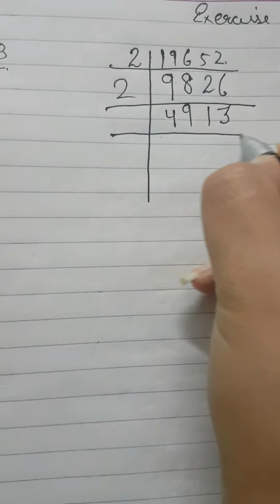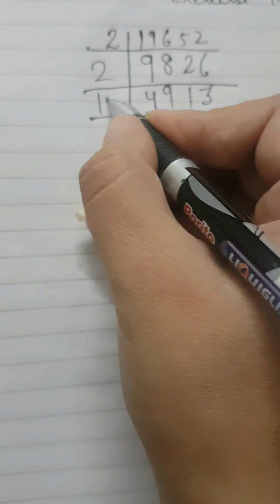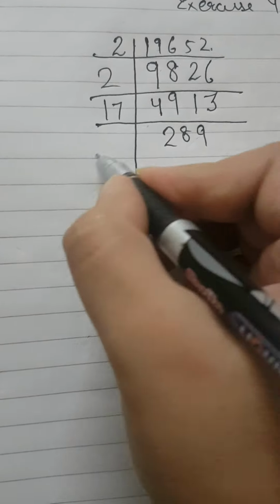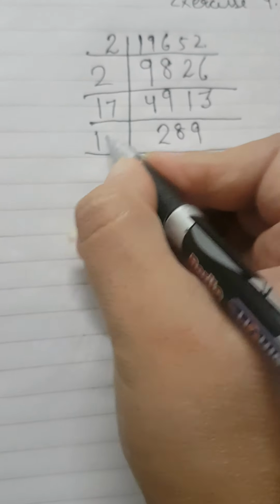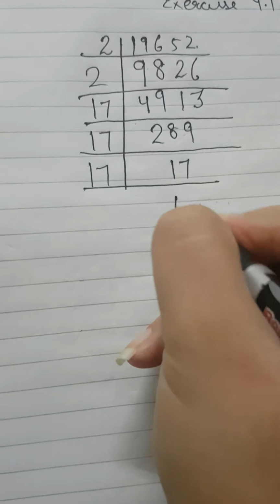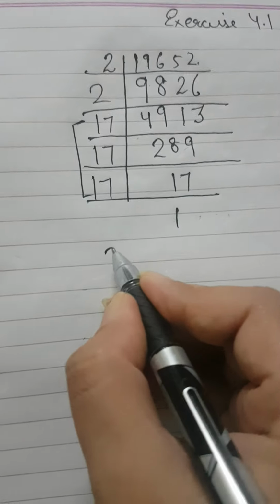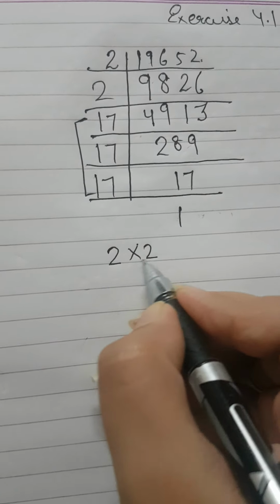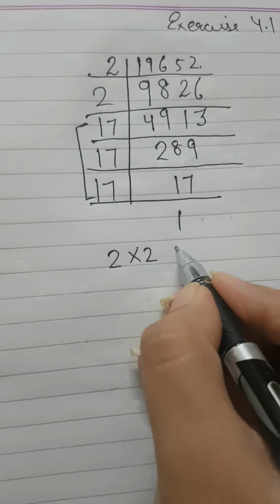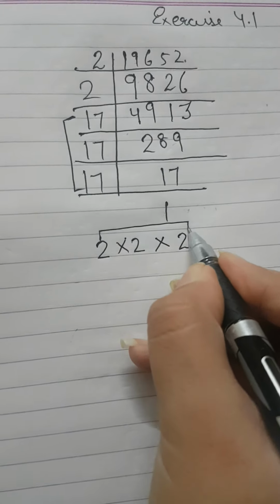Now, this goes by 17. 17, it will come 289. Further again it is going by 17, 17 17s are 289 and then 17 1s are 17. This became a pair. Now you are left with 2 into 2, but we are not able to pair it up. For the pair we need 3, so by 1 more 2 it should be multiplied so that it will become a pair of 2.